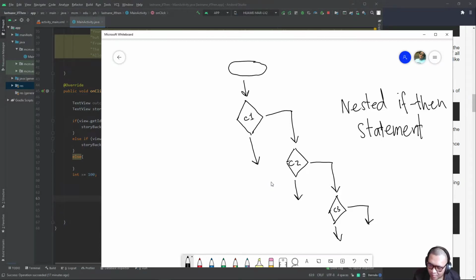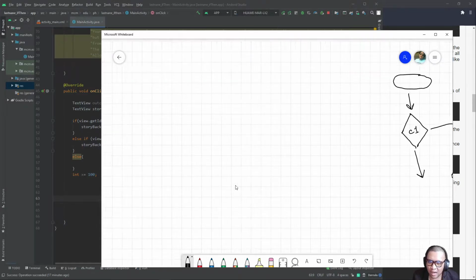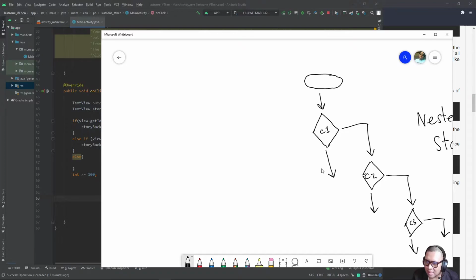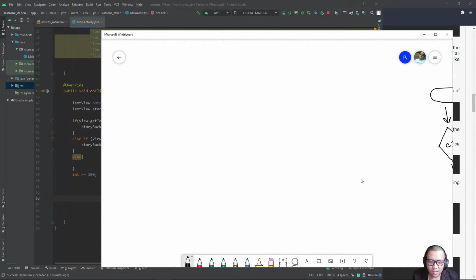By the way, before we move on with nested if then statement, sir, how do we create a flowchart for multiple conditions? It only has yes or no for each if then else. It's just simple, you know. First one, let's say this is the first if. If it is yes, then it should proceed as stated. But if there's another else if in the equation, in the no, it should be branching, it should be forwarding